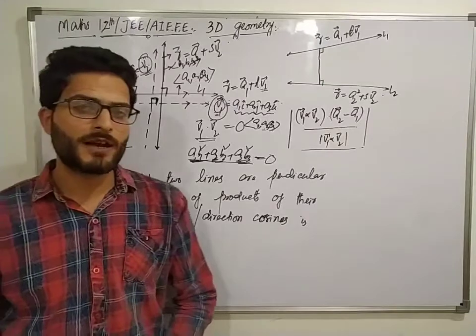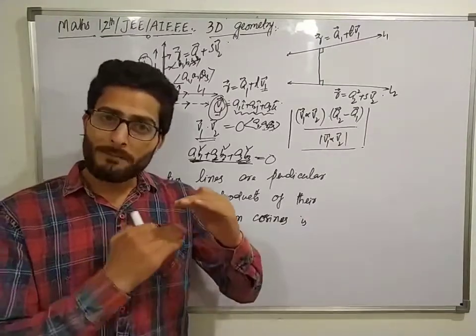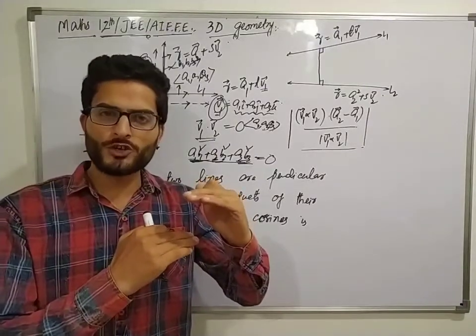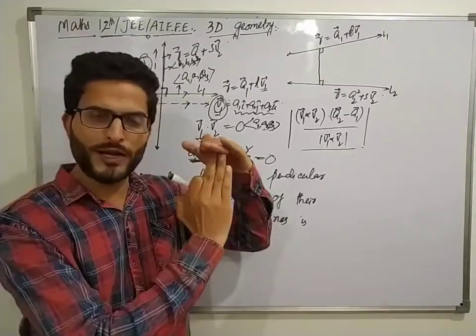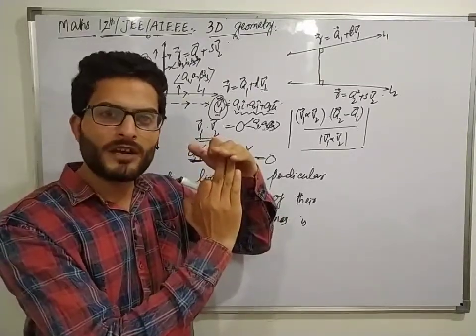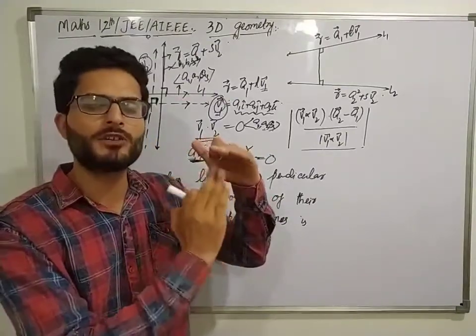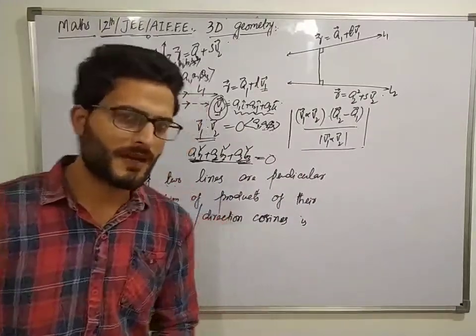तो ये था एक इंपॉर्टेंट टॉपिक जो हमें आगे एक्सरसाइज में काम आएगा कि if two lines are parallel, then they have either same or proportional direction ratios but same direction cosines, and if two lines are perpendicular, then the sum of products of their direction ratios is 0 as well as the sum of products of their direction cosines is 0। तो ये था एक फैक्ट जो हमें आगे एक्सरसाइज में काम आएगा।